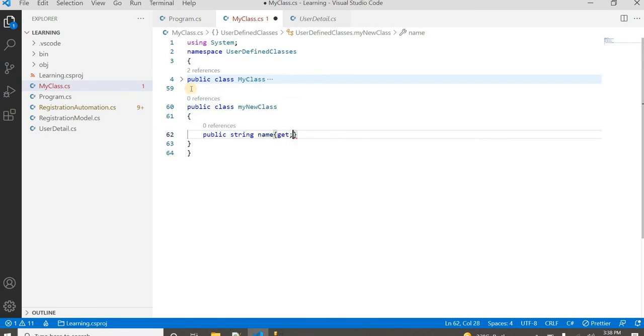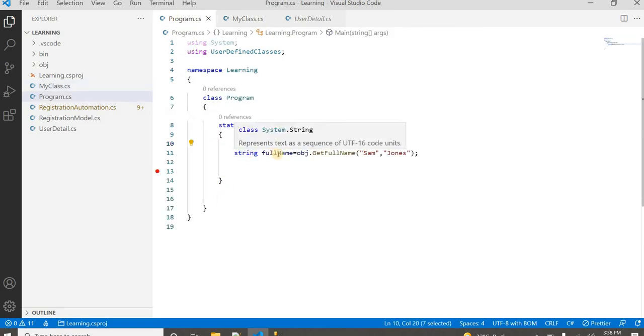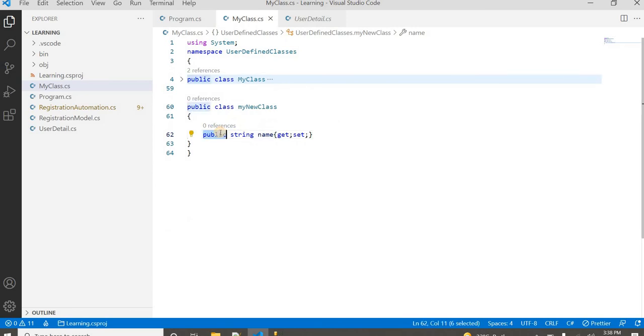In this way we can define. First we were defining all the properties like string name, but we were not using the public keyword. But now we started to use public as well. So what is public? Public means I can create the object of this class and I can access these variables even outside of this particular namespace. Okay, let me take a few more properties. In that case it will get clear.